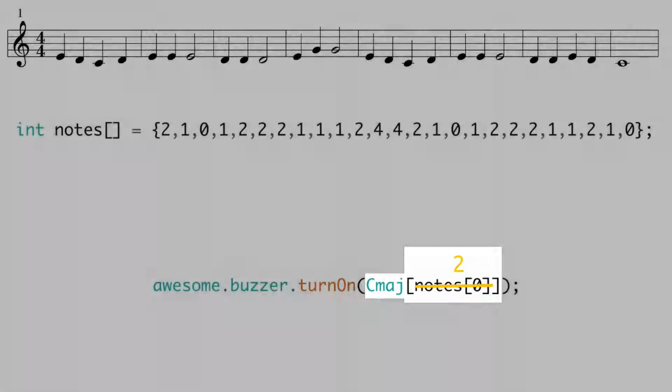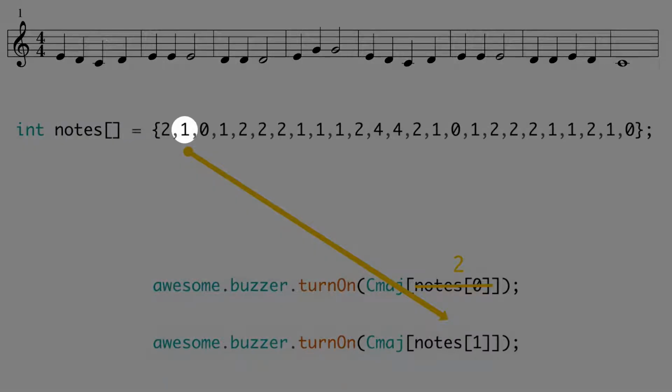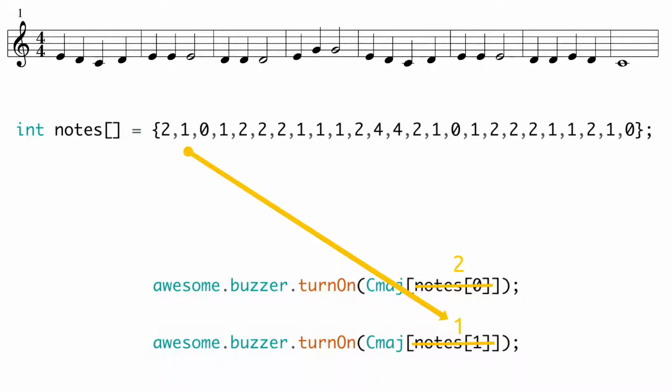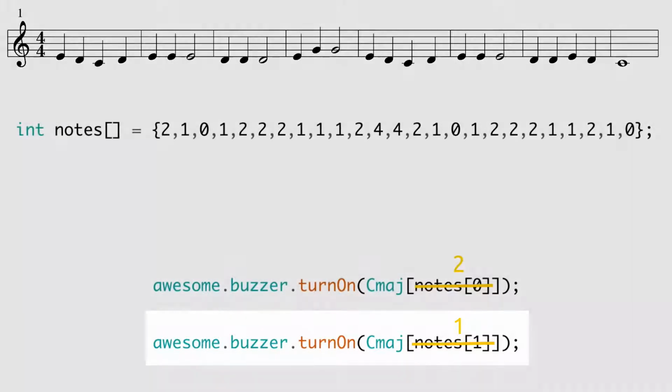the C major scale. If we use the same code but use notes at index 1, Arduino will check the notes array and find that the value at index 1 is equal to 1. So this code also tells the buzzer to turn on, but uses the next note that is stored in the